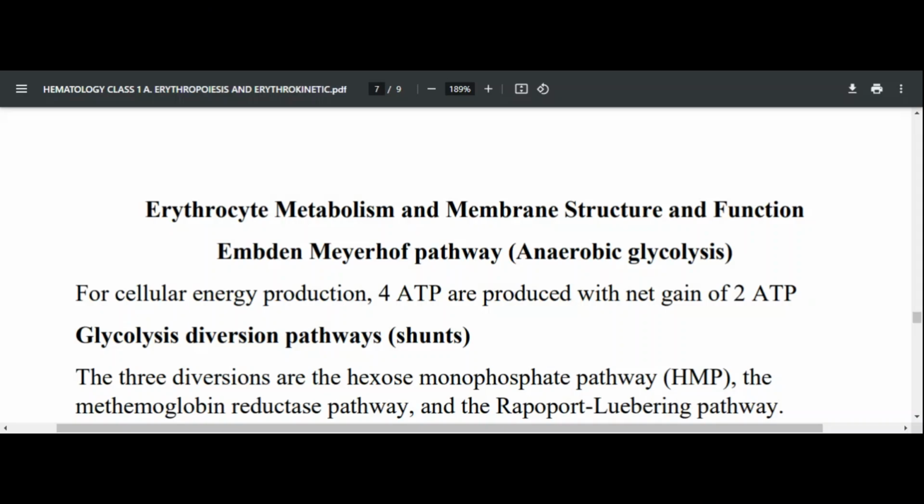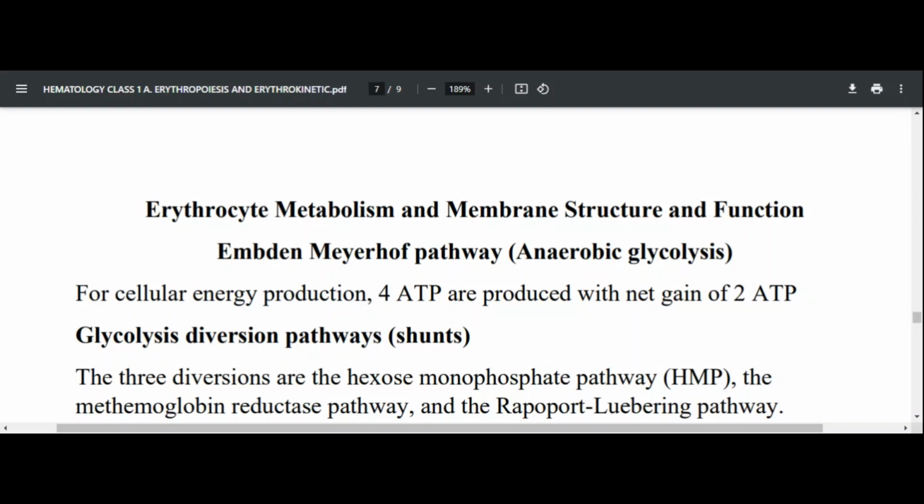So metabolic pathways of erythrocytes normally include the Embden-Meyerhof pathway, which is also called anaerobic glycolysis. This is for production of energy in the form of ATP, but there's very low energy production, because the tricarboxylic acid cycle or Krebs cycle is better for energy production. In this case glycolysis only can generate